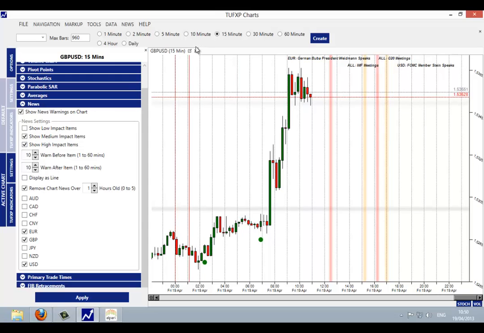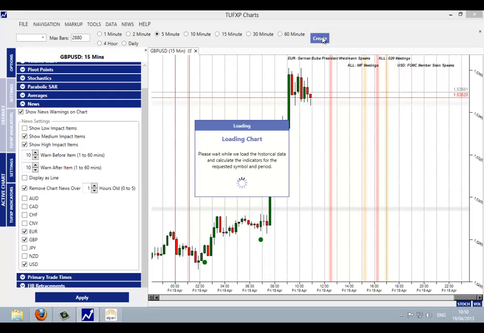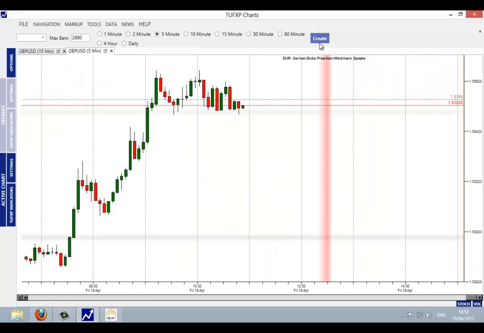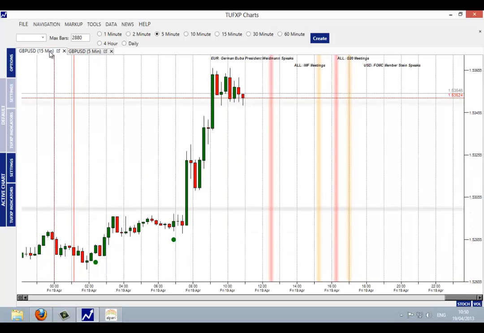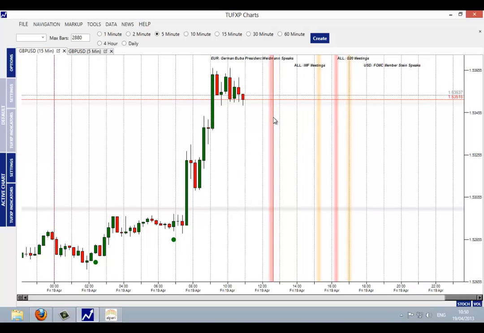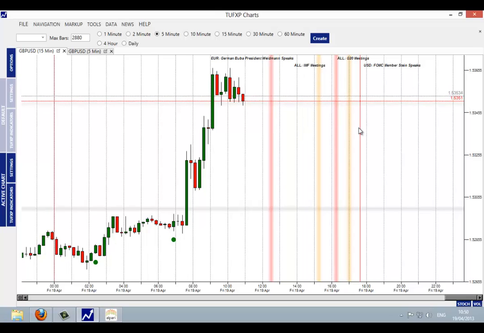And of course, if you go down into a smaller time frame, if I create another chart, let's say the same one, GBP, and this time we'll go down to a 5 minute, there you can see that shading. You can also see the next one that's coming up later on this afternoon. So to go back to the 15 minute, the economic news items are now placed onto the price chart. This way I have this visual